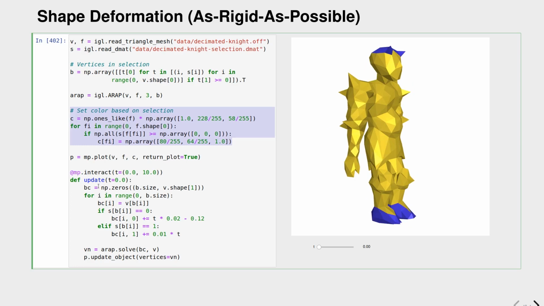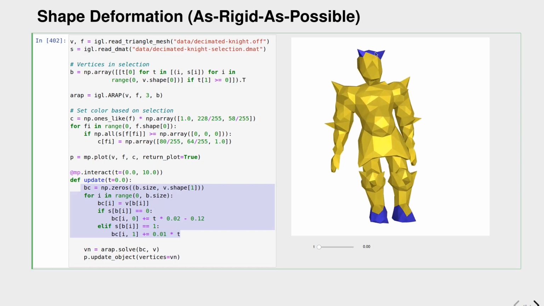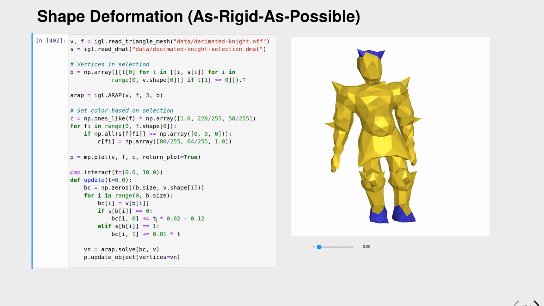So the interesting part then comes again here. We have the boundary conditions to define, and here we define for the left foot to stay fixed at its position, the right foot to move upwards and downwards again, and the head to move sidewards. And this is the animation code here, where we're scaling just some scalar values by this t parameter that comes from our slider. So with these boundary conditions, we then call the ARAP solve function, which minimizes the energy so